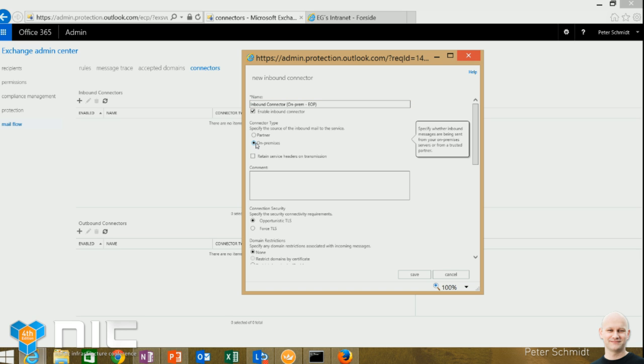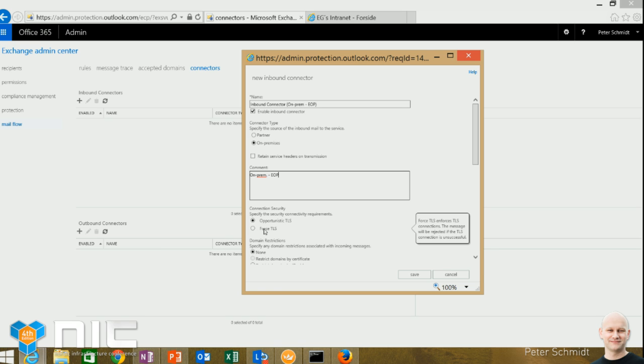So we'll set it up to communicate with on-premise servers. You can put in a description here if you like. It would probably make sense if you have a lot of connectors, even though for just documentation purposes, it's always nice to have some comments on whatever is being configured on the system.